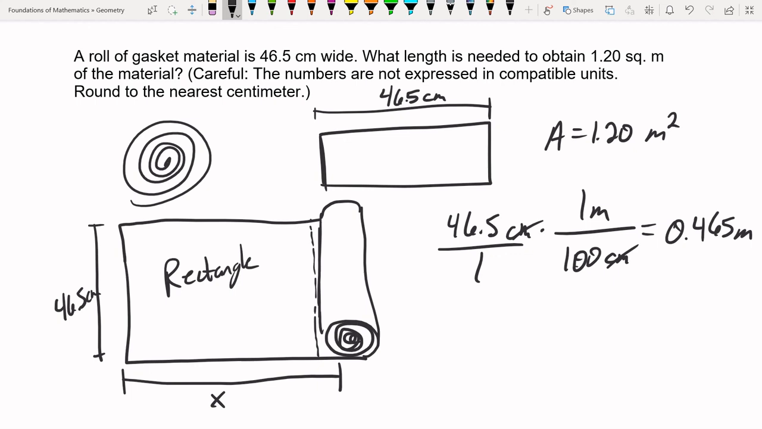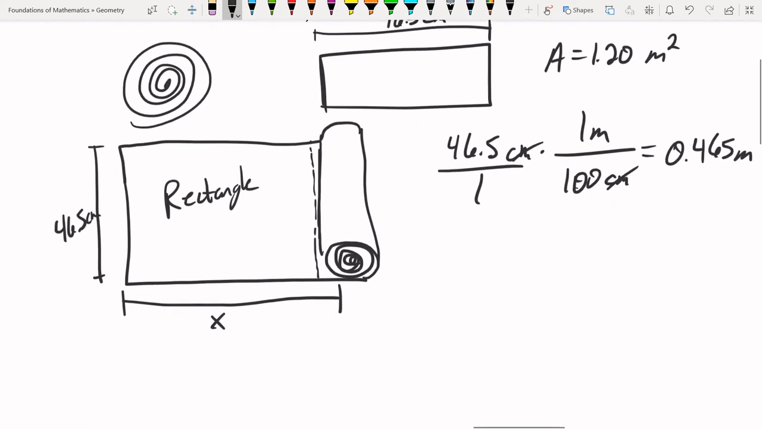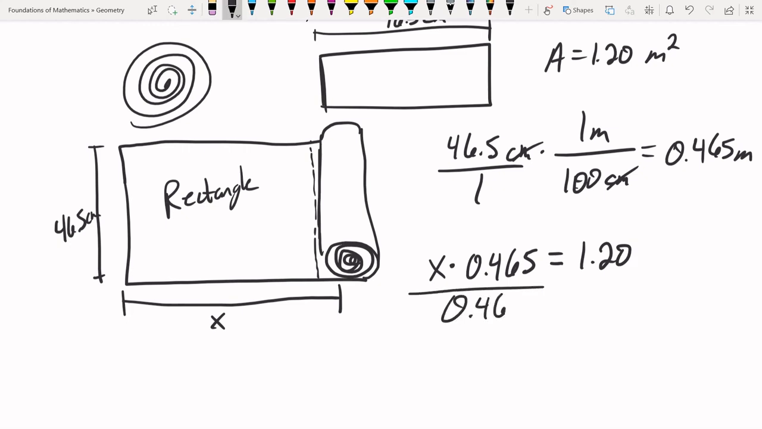And we're asking, how much do we have to unroll it? How much do we need? Well, the area of a rectangle is just base times height, which is going to be x times 0.465 meters. And we want this to be equal to 1.20 meters squared. Well, we don't need the units in there. To find x, all we have to do is divide by 0.465. That gives us 1.2 divided by 0.465 gives us